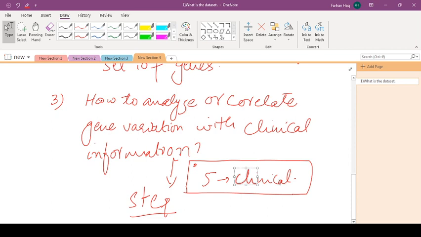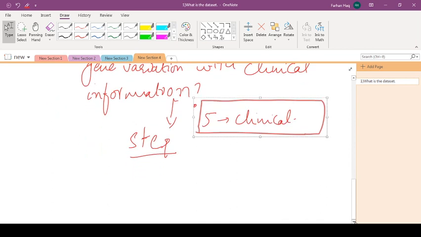However, in my previous lectures on statistical analysis, you can find these different ways to analyze this information. But to make it simpler and clearer, I will try to make another tutorial so that we can link this third question to the next part, clinical and gene expression analysis. I hope